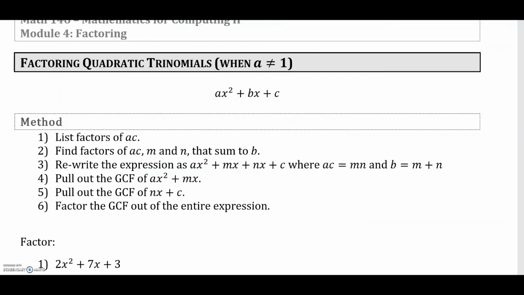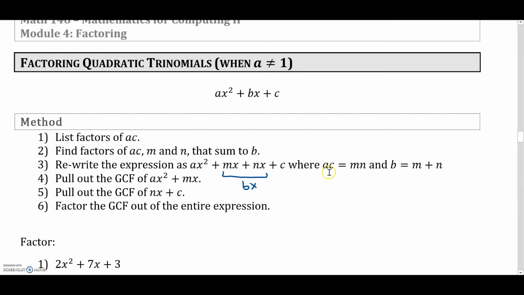The next type of factoring we'll look at is factoring quadratic trinomials, but when a does not equal 1. Now we want to list the pairs of numbers that multiply to a times c. Given those values that multiply to a times c, we want to find the particular pairing that adds to give us b. Now in this step, we rewrite our expression by splitting up our bx value into m times x and n times x,